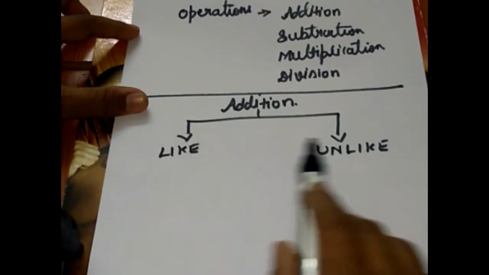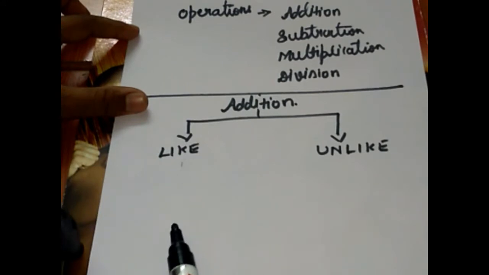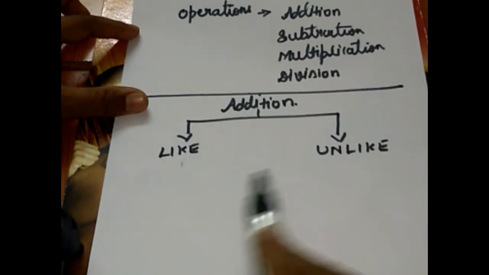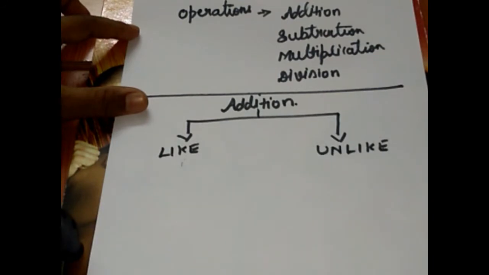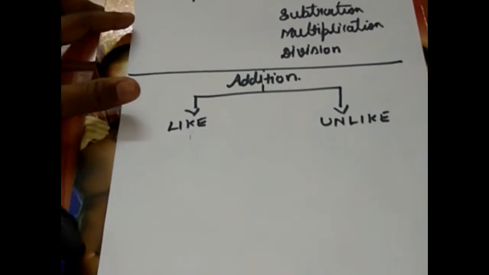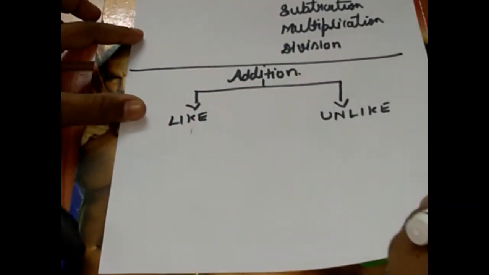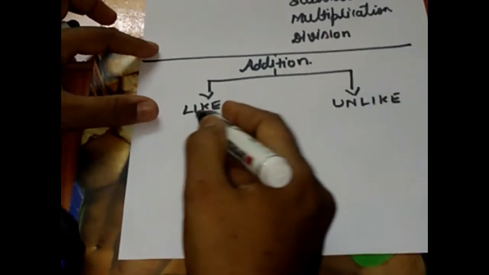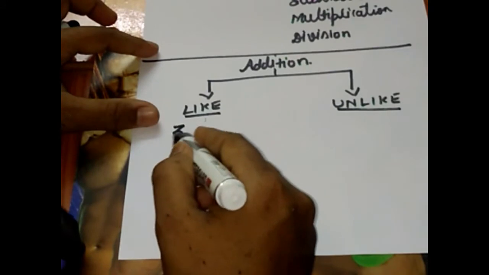So we have two different methods. If the terms are like terms, we follow a definite method to find the solution. If the terms are unlike terms, we follow the alternate method to add the given terms. So let's discuss what do you mean by like terms and unlike terms. So let me mark few examples so that you will be able to identify the difference between like terms and unlike terms. 3x,